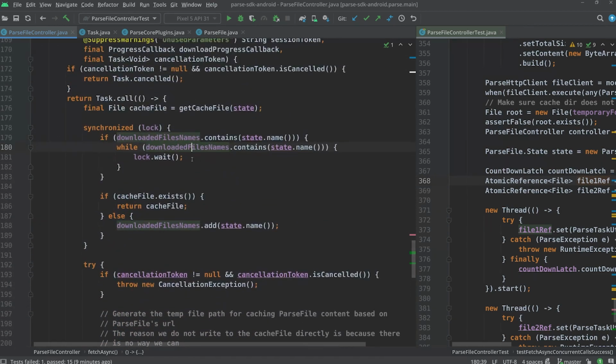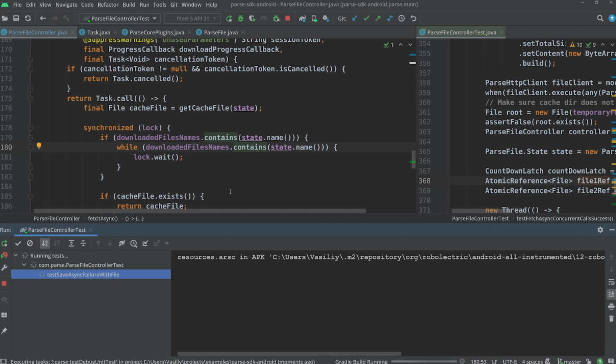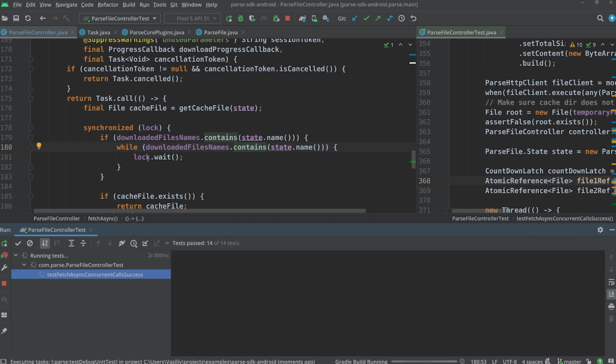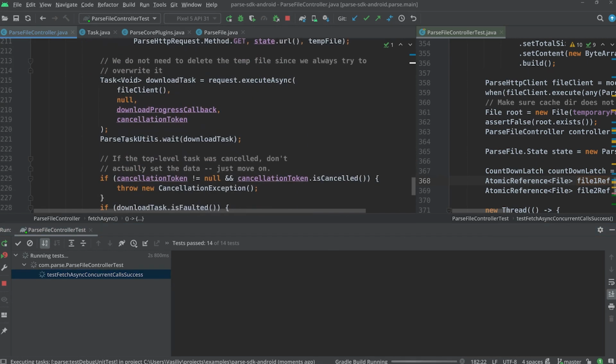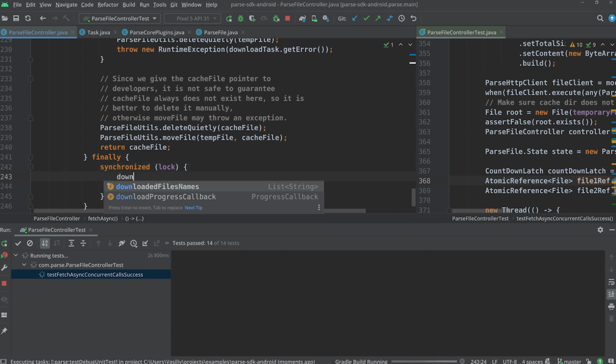It will awaken, of course, but it will check that downloaded file names still contains this state name and will go to sleep right away. And I think I can show you that by just running this unit test. It should not complete now, because that thread will be blocked forever. And as you can see, this unit test does not complete because the second thread that calls this method is blocked here forever. And the reason it's blocked here forever is because I forgot here to do the following: